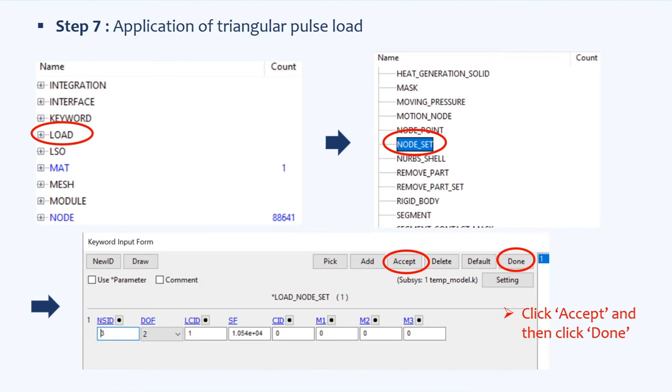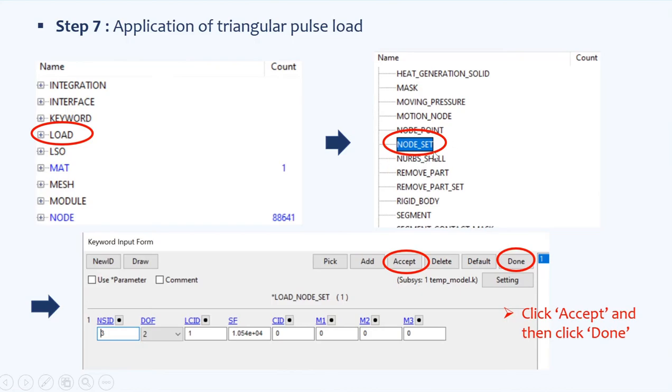And now we actually have to apply the load value, the nodal load, to the set of nodes that we have selected. So you go to the load keyword, click on this positive plus button, and here you can see